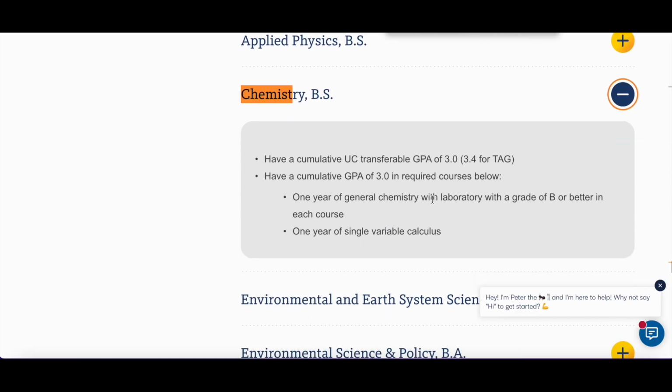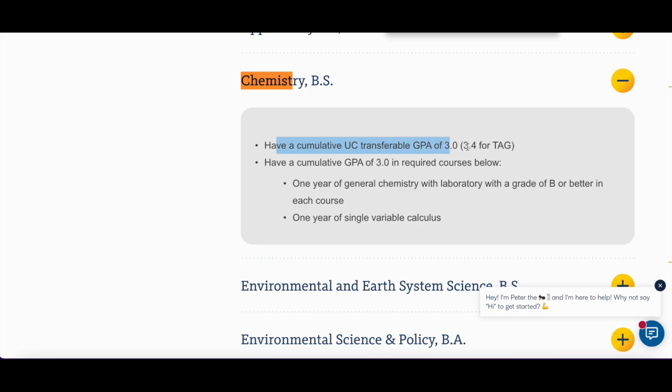As a chemistry major, so for TAG, 3.4 cumulative GPA, and then you also have to have a 3.0 GPA specifically in these courses. So a year of general chemistry with the lab with a grade of B or better in each course. So that would be our Gen Chem A and Gen Chem B. So they're saying a B or higher in each of those. And then a year of single variable calculus. So they're not saying a specific grade for this, but you do have to have a 3.0 in this grouping